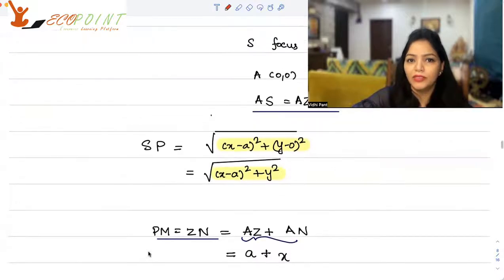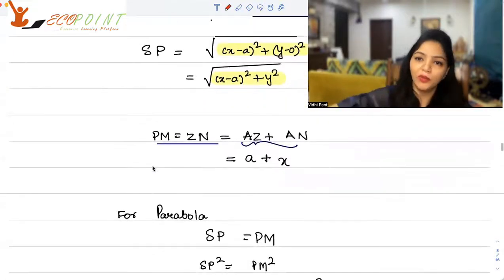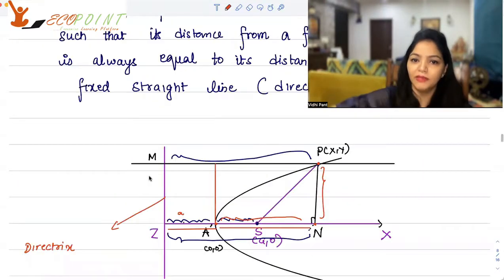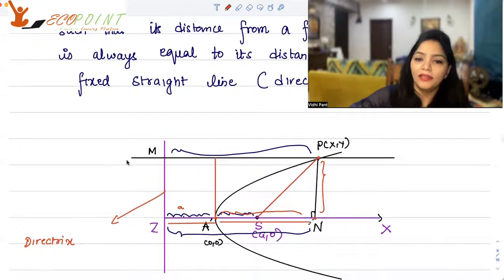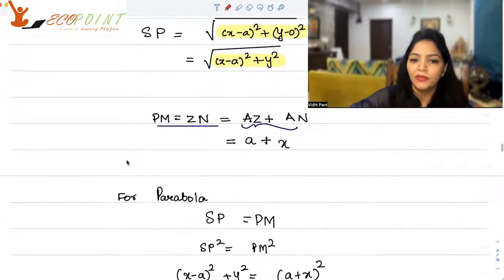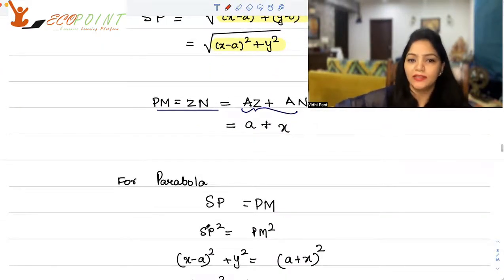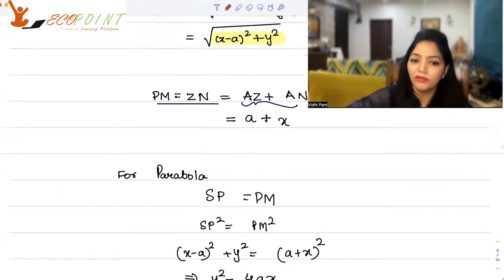And what you can now see is that by the definition of a parabola, your SP should be equal to PM. That's what locus basically means. And that is why you get your equation as SP square equals PM square. So getting rid of the square roots, you will get x minus A square plus y square equals A plus x whole square. And when you solve it,